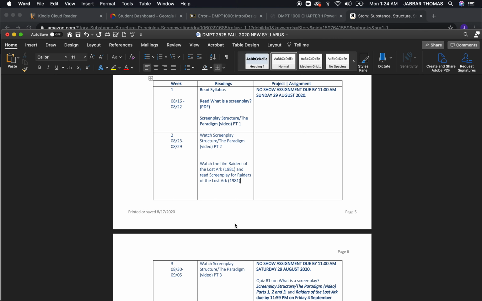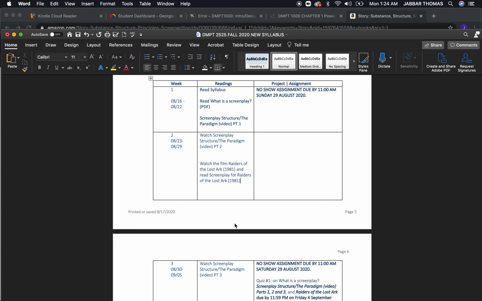into the film. Some stuff you'll see was interpreted in a very different way from what you imagined from the script. Some scenes may not even be in the film that's in the script. There may be some scenes in the film that are not in the script. Okay, so that kind of stuff is important to know, and ask yourself why the director chose to include or chose not to include certain scenes from the screenplay.